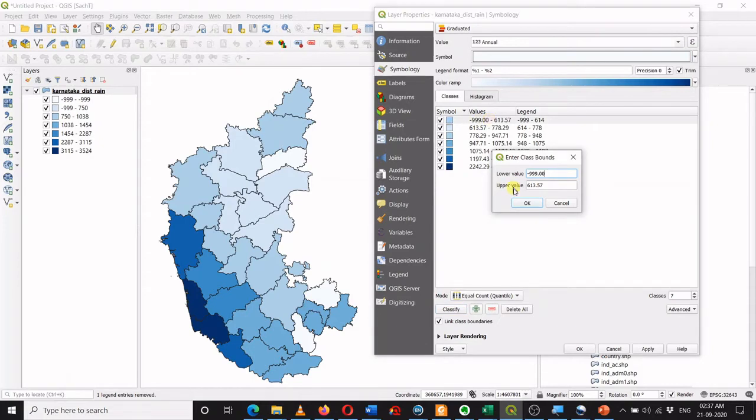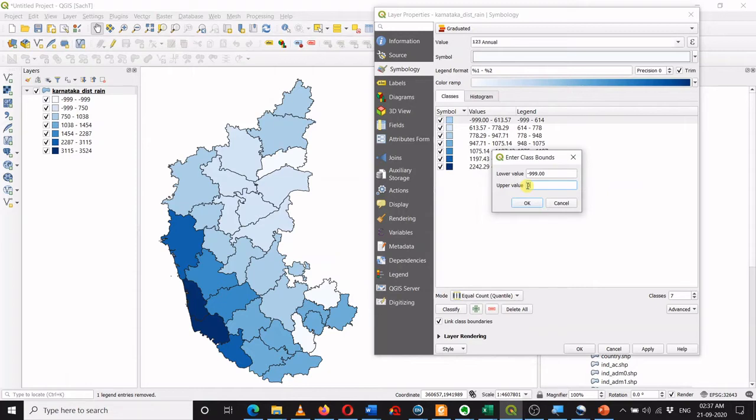I can set it as 0, but if there is a 0 value, I want it considered as a separate value. If I place 0, then it will also include districts with 0 rainfall. But I want to only take the no data cells, so I will just take -99999.